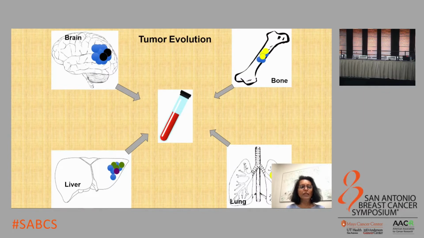The tumor cells that lodge at these distal sites continue to evolve through the acquisition of additional mutations and through changes in their gene expression landscape. But monitoring these changes is quite complicated due to the inaccessibility of these sites and the risks associated with repeat biopsies. These sites, however, are vascularized, and the tumor cells continue to shed molecular information back into the blood.